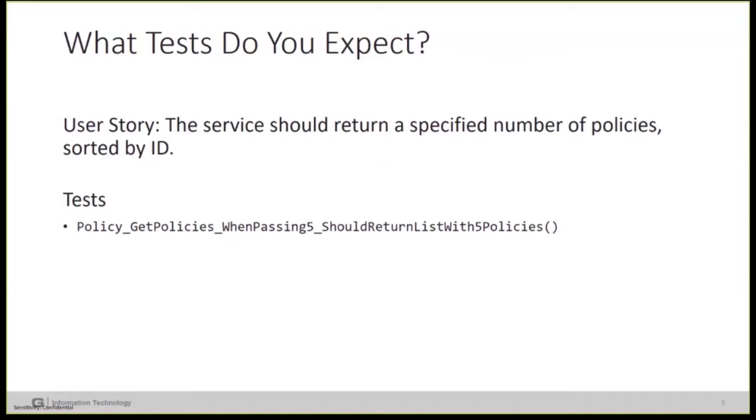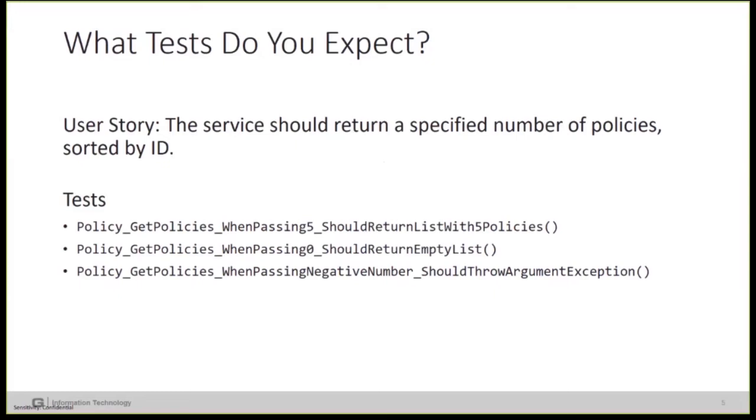You might have policy, get policies when passing 5. Oh, wait. Should specify a number of policies. When passing 5, should return a list with 5 policies, right? Policy, get policies. When passing 0, it should return an empty list. None of you happened to mention that offhand, but that's a good test, right? Policy, get policies when passing negative number should throw an argument